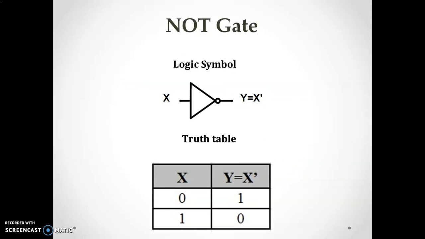The logical symbol and truth table for NOT gate is shown here in figure. NOT gate performs a basic logic function called inversion or complementation. The purpose of this gate is to convert one logic level to the opposite logic level. It has one input and one output. When high level is applied at the input side, low appears at the output side. The truth table for NOT gate is shown here in figure. So when 0 is applied, output will be 1. And when 1 is applied, output will be 0.